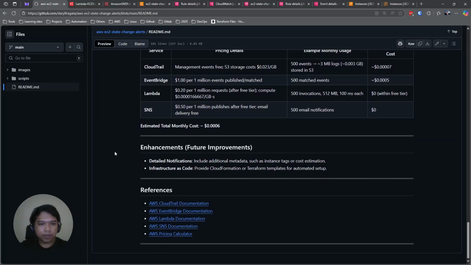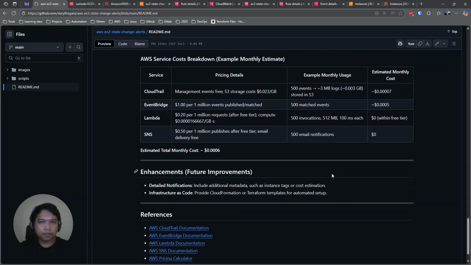For the next one, enhancement and feature improvements. We can add a detailed notification here, with any additional metadata needed, such as instance tags or cost estimation. I think we can add a cost estimate here, for example if we provisioned an R5 type of instance, we can see the monthly cost for that.